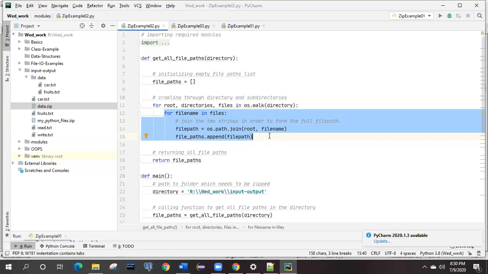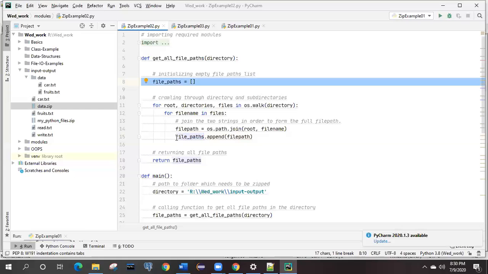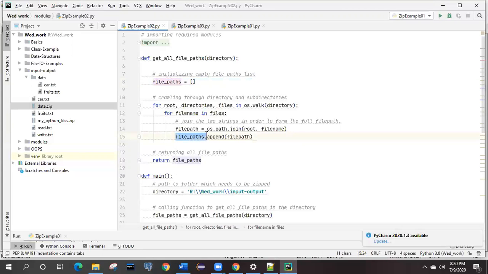Once it is appended, after that finally it will return that value where all the values are present. And what is this? It is nothing but the list that we have created over here, right? So this is your list. In that list, whether initially something is present or not, it will not consider, but it will keep on appending those files one by one after the elements that are already present.